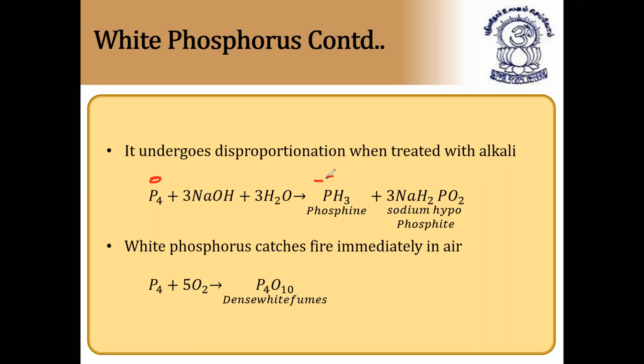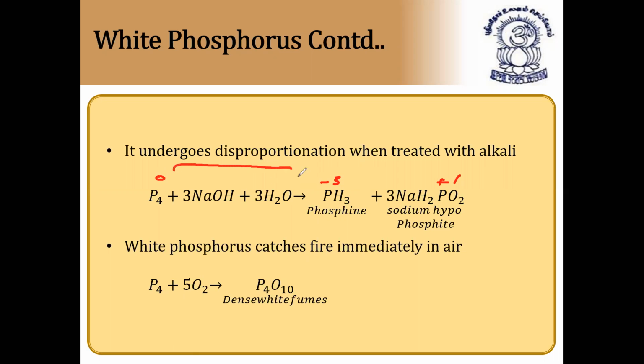-3 here, and in the other it should be: 1 plus 2 minus 2 plus x minus 4 equals 0, because oxygen is -2. The 1 is sodium, the 2 is because 2 hydrogens are there, each +1. So 1 plus 2 plus x minus 4 equals 0, so x is equal to +1. So phosphorus is changing from 0 to -3,